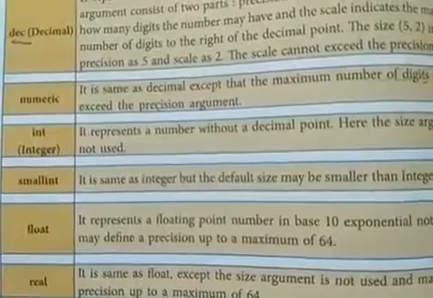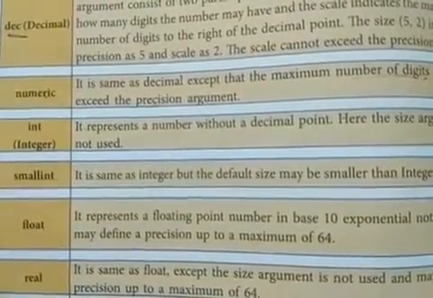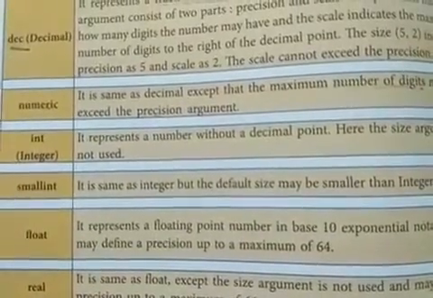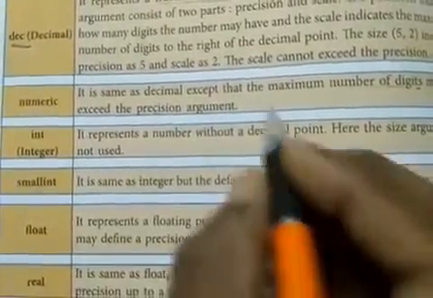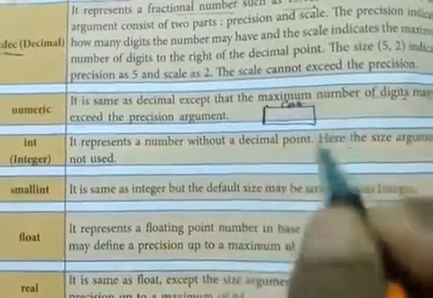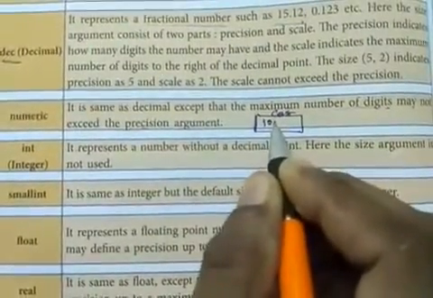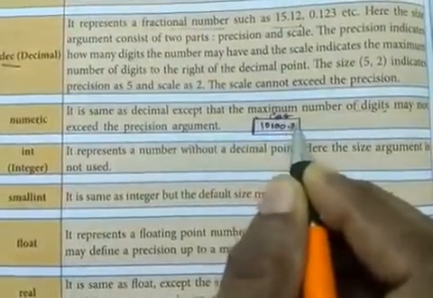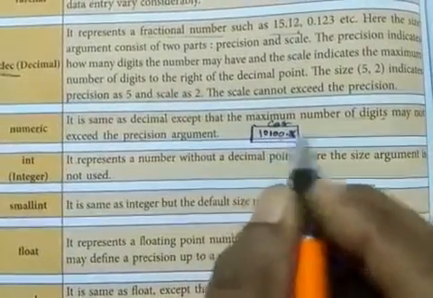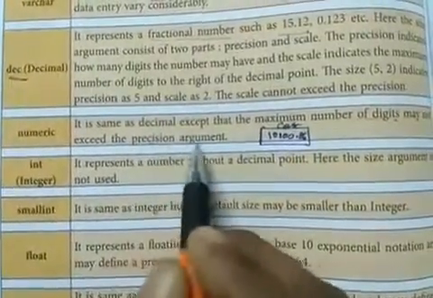Suppose the numeric size is 10, either it may be an integer, all 10 numbers can be integers, or half decimal, 5 numbers decimal and 5 numbers integer. Say for example, if one field I am specifying is a cost in rupees field, in the rupees field I have to specify 10,100.86, we can specify. If we add up all these numbers, how many spaces should there be? 10. So that is what they specify as the precision argument.